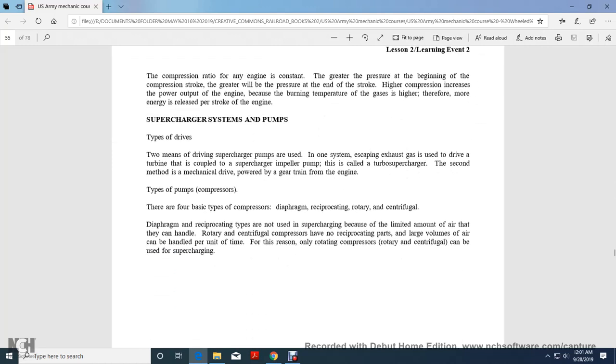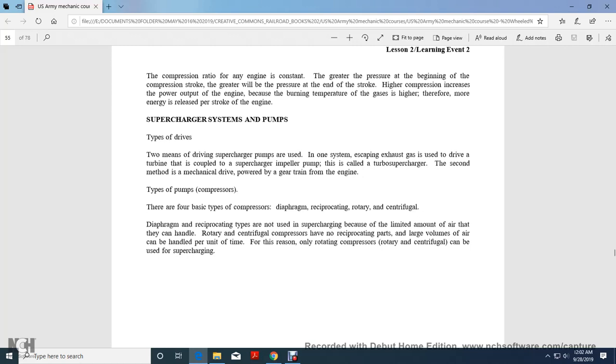Supercharger systems and pumps: the type of drive. The supercharger is driven by exhaust gases escaping from the engine, using a turbine coupled to the supercharger impeller; this is the turbocharger. The second method is a mechanical device powered through a gear train from the engine. Types of pump or compressor: the four basic types are diaphragm, reciprocating, rotary